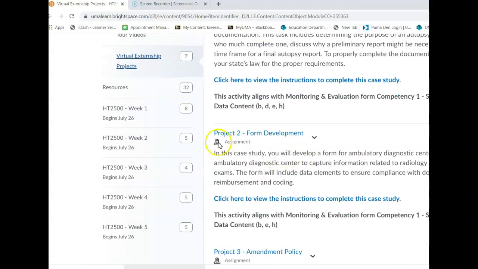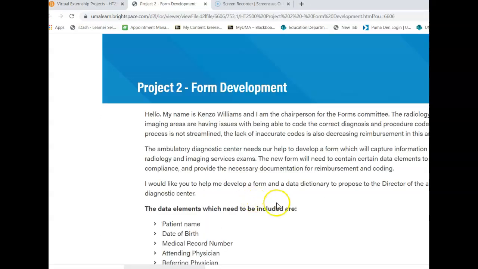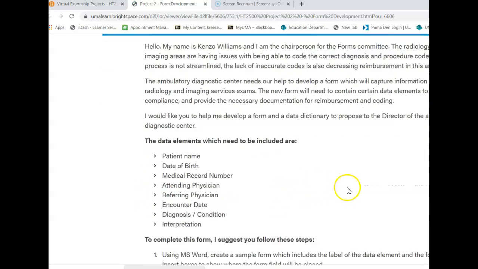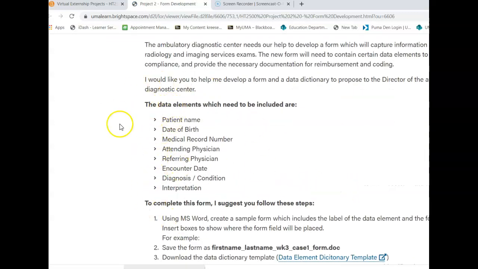And so here you'll see the project 2 form development, and it has two parts to it. First, you're going to create a medical record form for someone else to use, and then you're also going to complete a data dictionary, which works behind the scenes of a computerized medical record. So go ahead, click on the assignment instructions, and you're going to see these 8 data elements. Those are the elements that you're going to use on your medical record form, and you'll also use on your